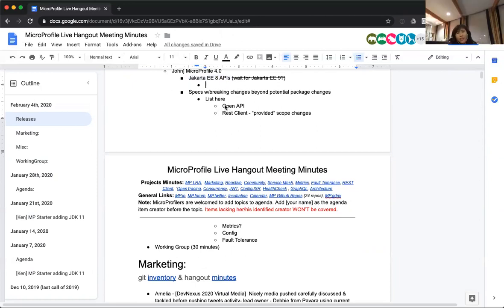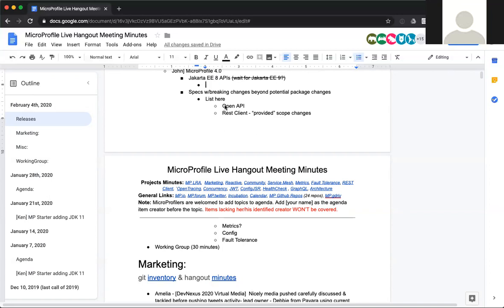The other thing is Java 11: should the MicroProfile APIs compile with Java 11? Do we want to do that separately, or wait for consuming Jakarta EE9? Yeah, that was also my proposal.